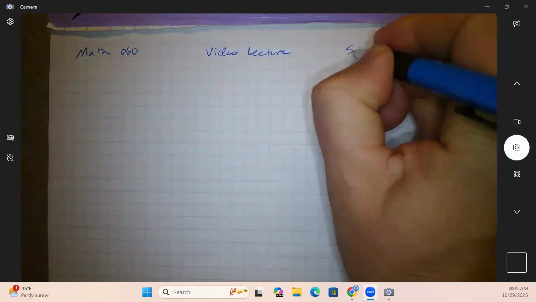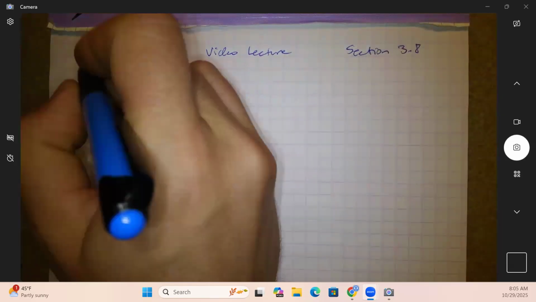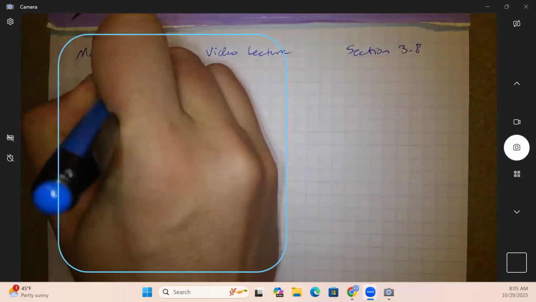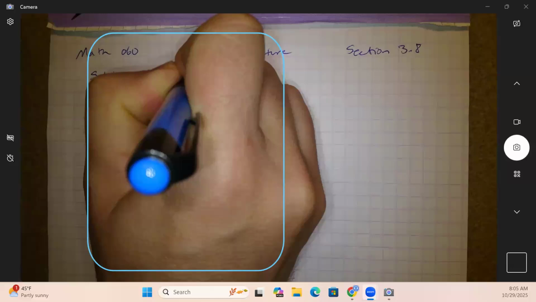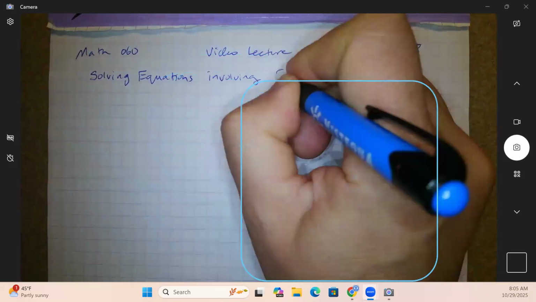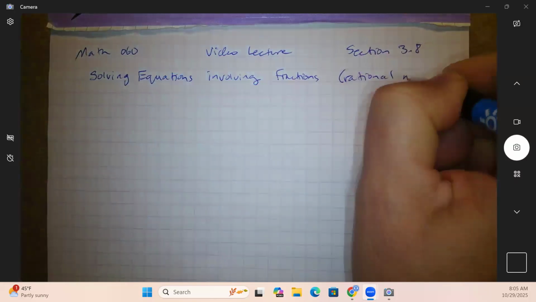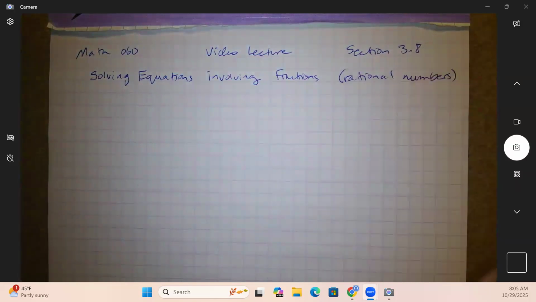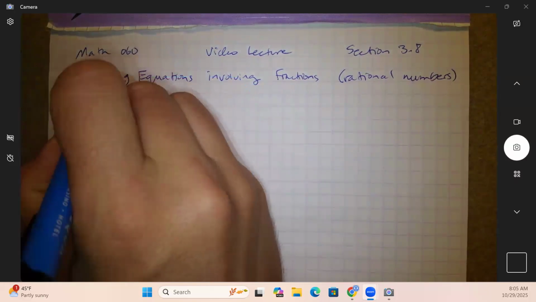We are covering section 3.8, which is solving equations involving fractions, right? Or rational numbers, if we want to use the mathematical term. So we're going to start with the review, but even before I get to that, I